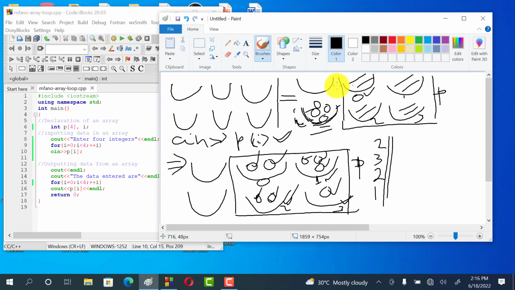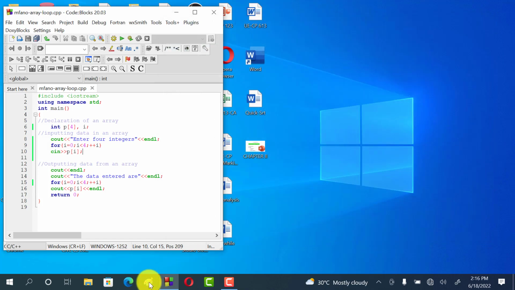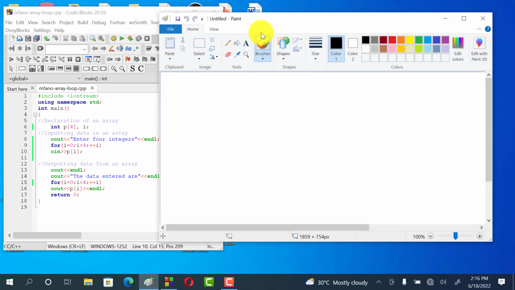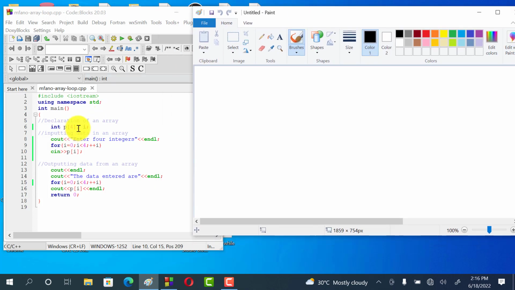However, let us change these RAM diagrams, these physical models, into what we call the hand-drawn RAM diagrams. If we abandon this one and we bring about a new blackboard, let us use another kind of drawing to interpret the same program. If we come here and we say before the declaration, that is before line number 6, before int P, this is the computer memory. It is an array of empty rooms. This is before